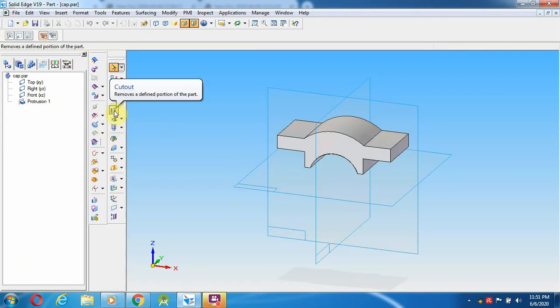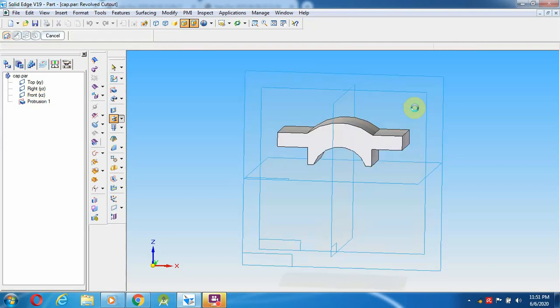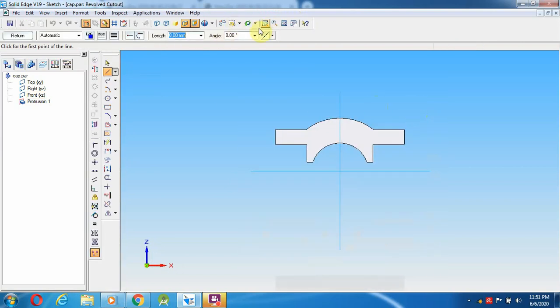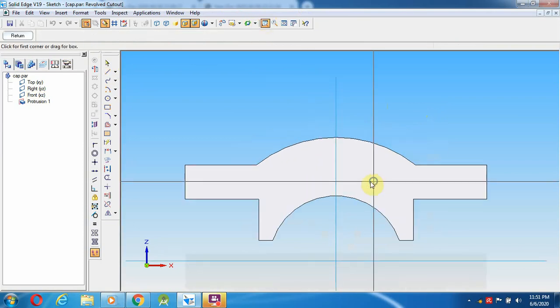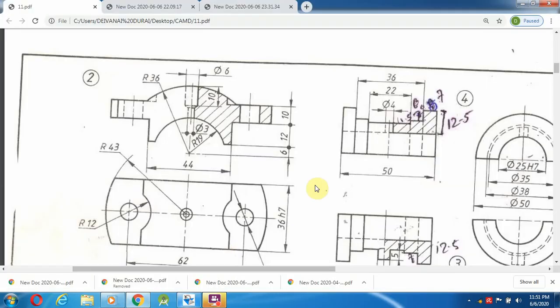Select revolved cutout, same as the last mid hole we created. I'm going to select mid plane and select a line from here. The distance from here is diameter 6, and the bottom is diameter 3, up to a 10 mm distance.